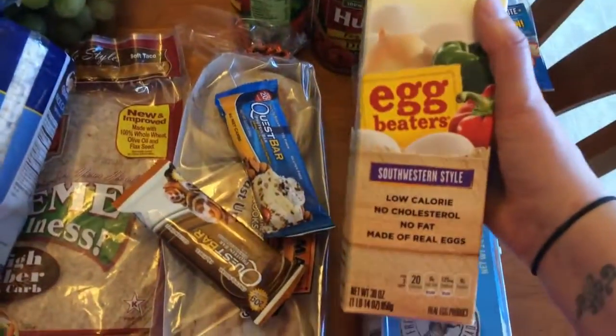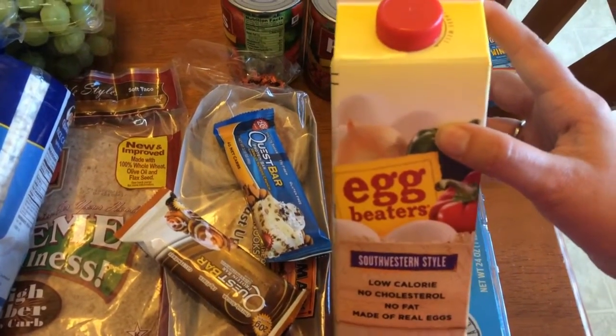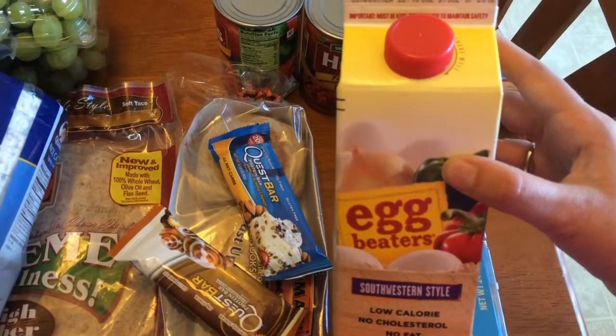I got some Egg Beaters. This is a Southwestern style. I use these to make my egg muffin cups, which, if I have time today after, I have a son